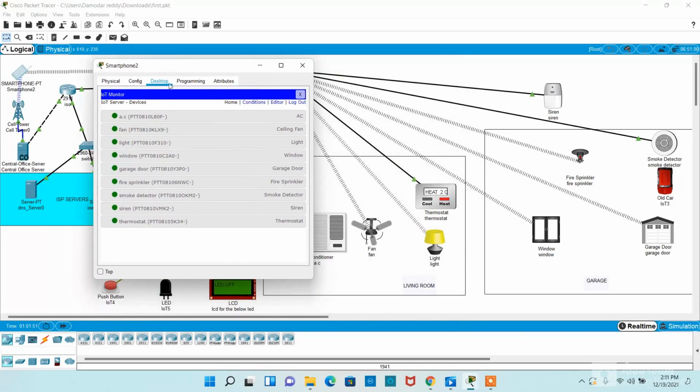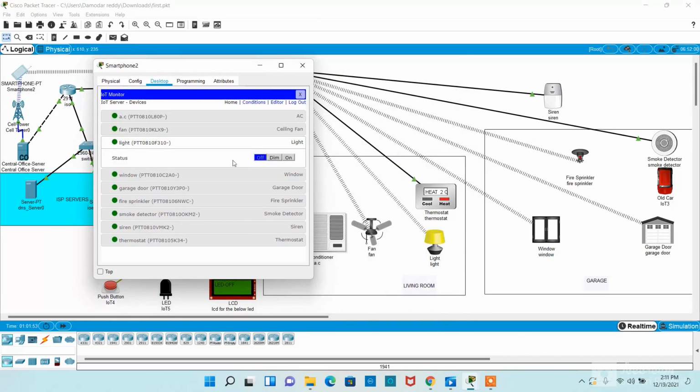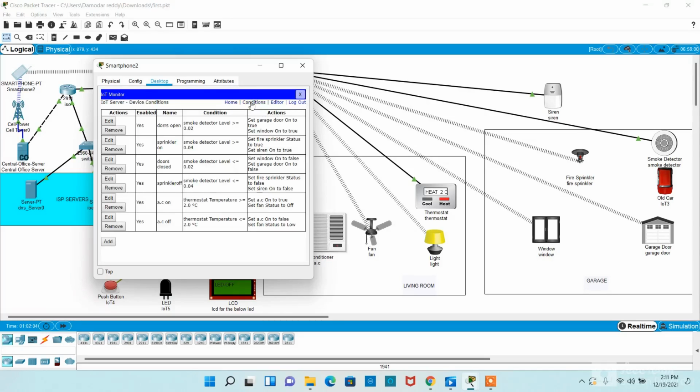You can see here, the user can turn the light on and off using this. Similarly, the user can turn on the fan and the thermostat sensor. But what I have done here is write a condition in the IoT Monitor application: whenever the temperature is greater than 2 degrees centigrade, the AC will automatically be on.